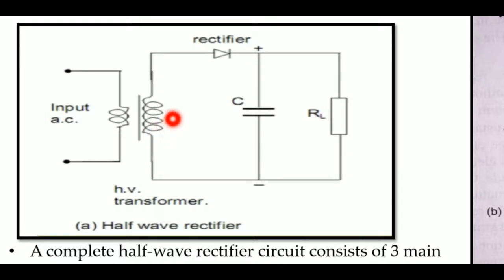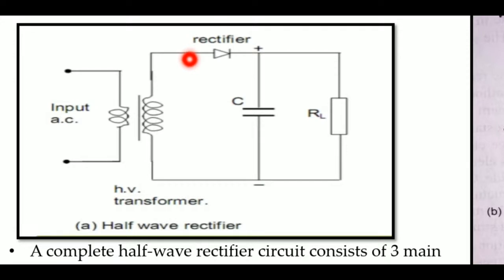Okay. So this low voltage is then applied to the rectifier. Getting my point? So it is then applied to the diode. Now let us consider the two cases. During the positive half cycle of the AC voltage, what will happen? The diode will be forward biased. Forward biased in the sense that it is in conducting mode, which allows the current to flow through the diode. So during the positive half cycle, the diode will be forward biased.